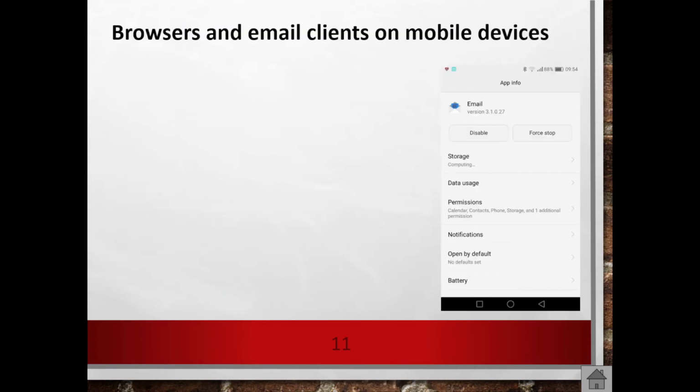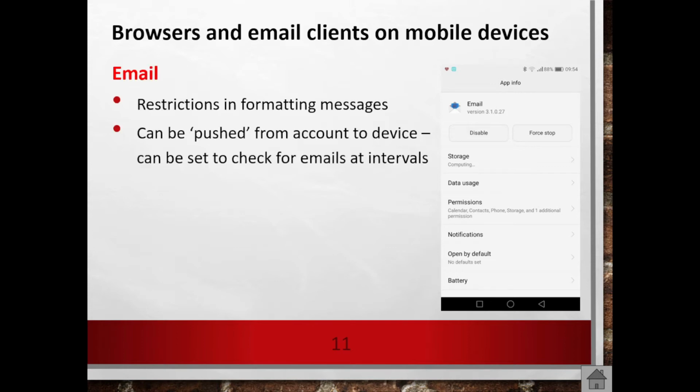Okay. Then we move on to browsers and email clients on mobile devices. Now, we know what our emails can do. We know what we use email for. But with our emails, there can be certain restrictions in the way we format messages. And these emails can be pushed from one account to a particular device.